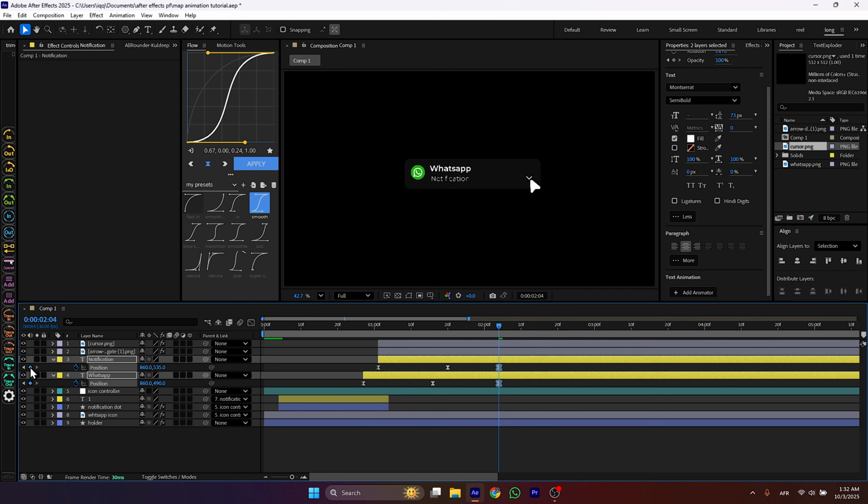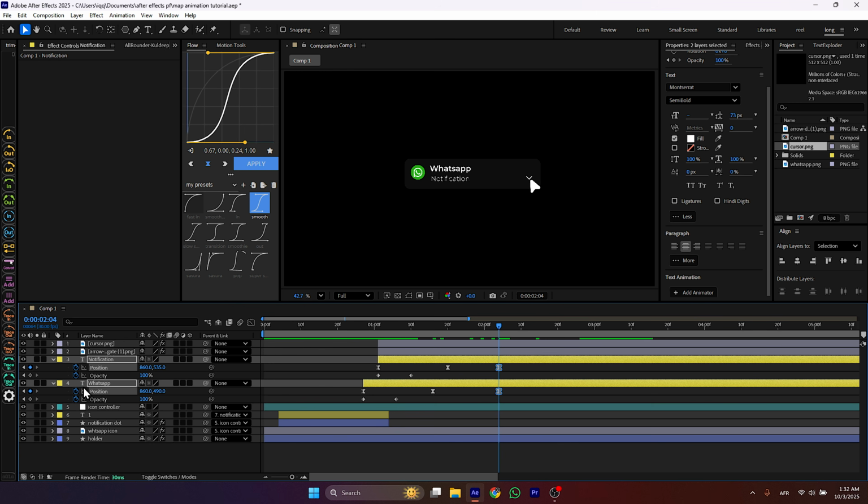For text, add some position and opacity keyframe to make them fade out.